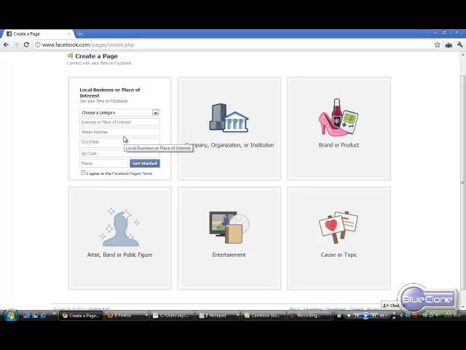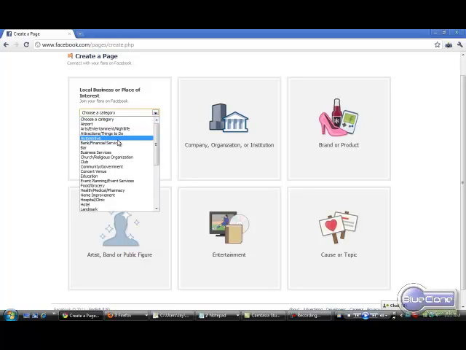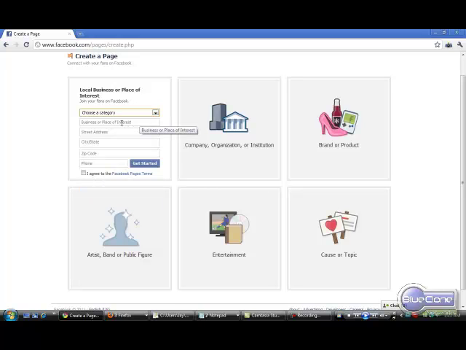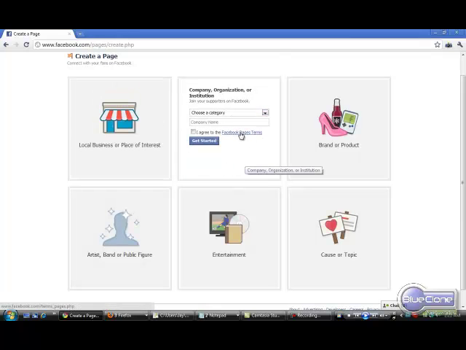So you're going to have to get more specific, and it gives you just about the same filtering, but you're going to have to give the business name and the full address. And on every single one of these, you'll notice you're agreeing to the Facebook page terms, which is really just a set of guidelines to make sure that you're being honest and you're not trying to represent yourself as a company, brand, or product you don't have the rights to. So we're going to go with a company, institution,